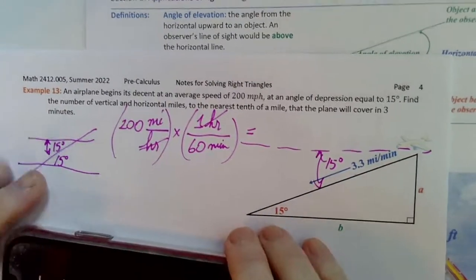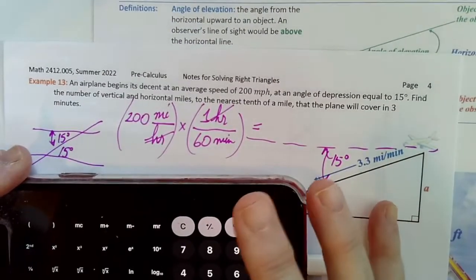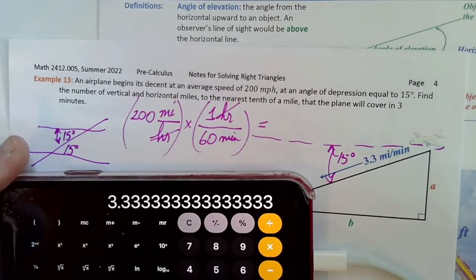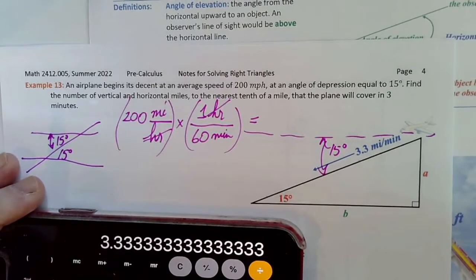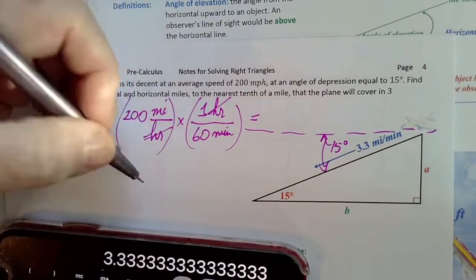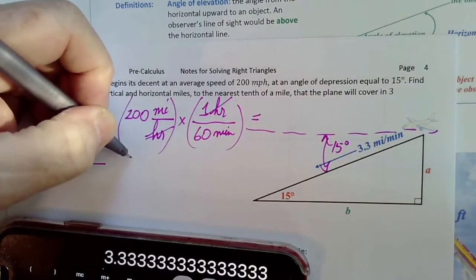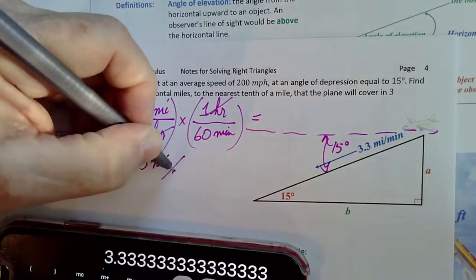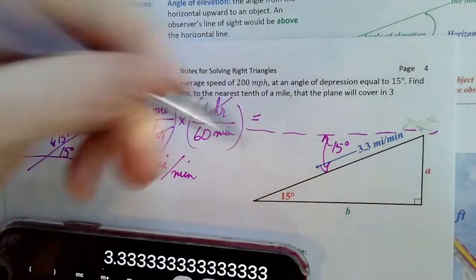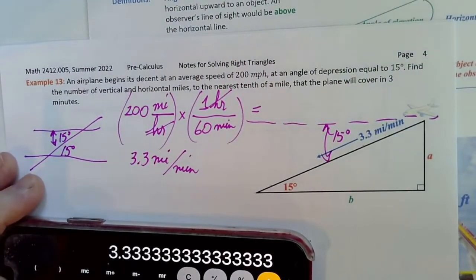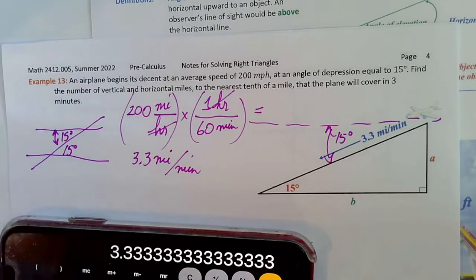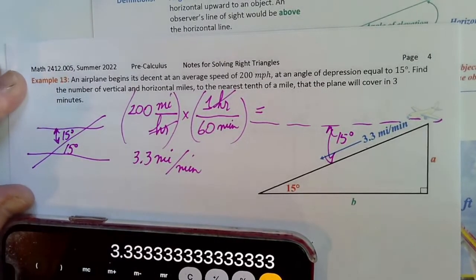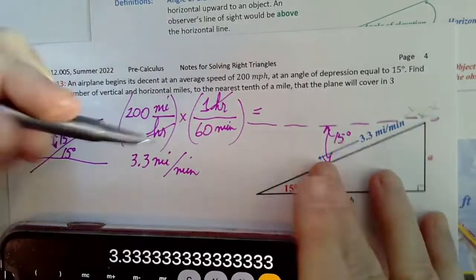And we have 200 divided by 60, and that's 3.33, etc. And we're rounding to 1 decimal place. So 3.3 miles per minute is the rate that the plane is flying with respect to minutes. And that makes it easier for us to see how far it will go in 3 minutes. So in 3 minutes,